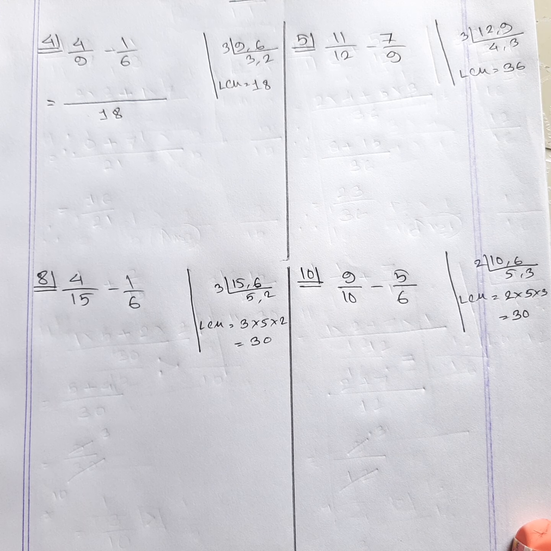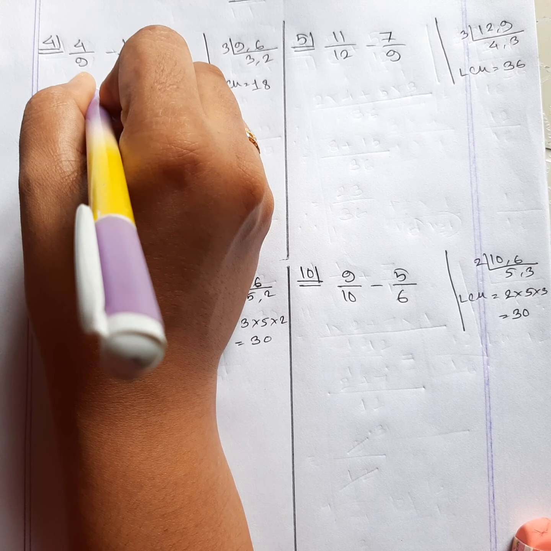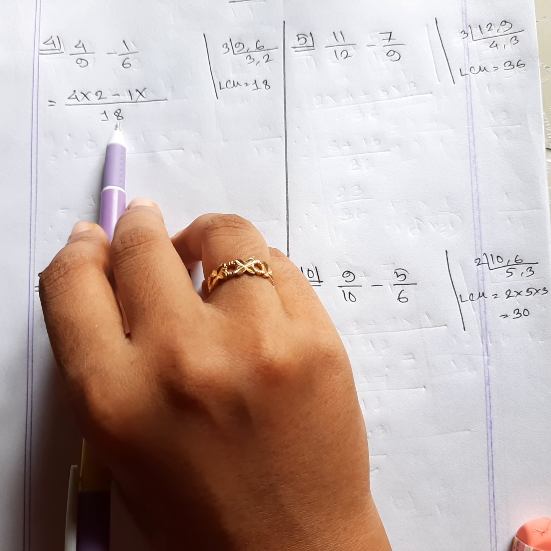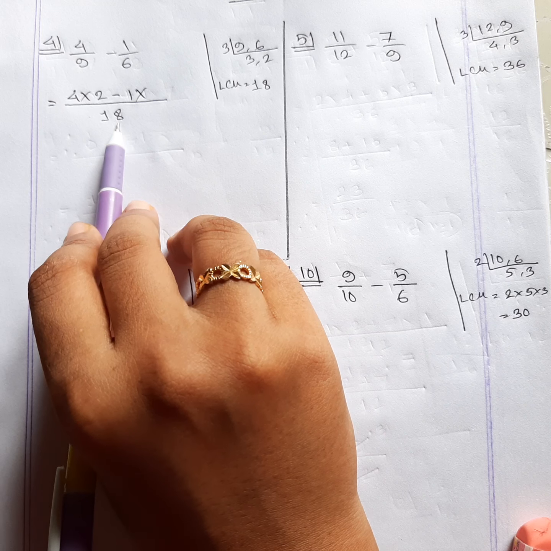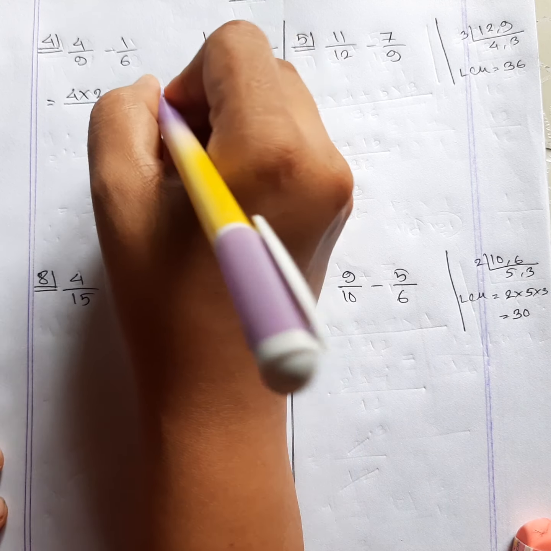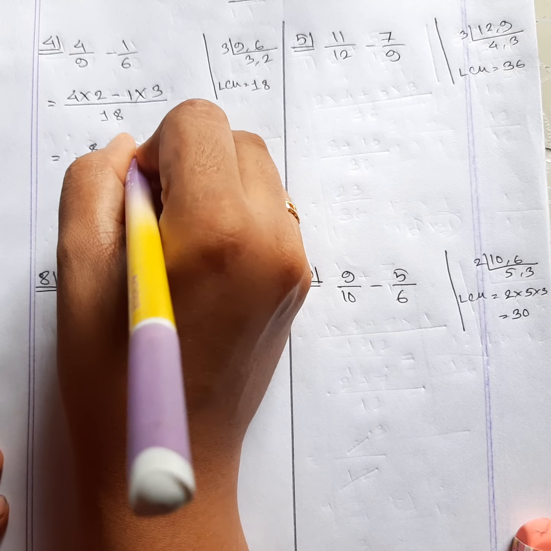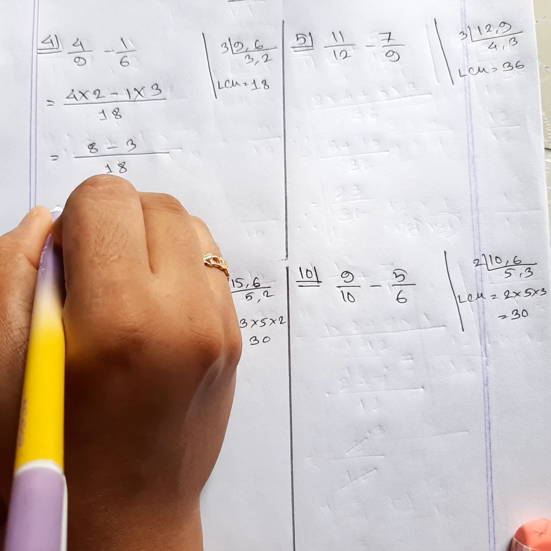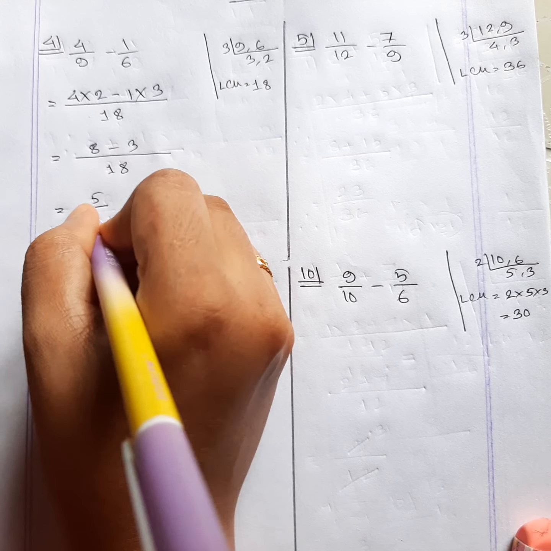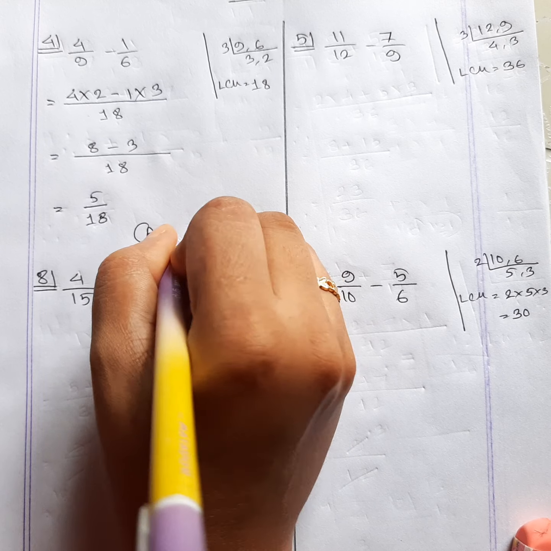Now dividing 18 by 9, we will get 2, and 2 is going to multiply with the first numerator, 4. Then dividing the 18 LCM by 6, the second denominator, you will get the answer 3. 3 is getting multiplied with the second numerator. Same rule. If you understand the rule, then you got it. No need to worry, just do the maths, same rules for every single math. We cannot cut them, so this is your answer